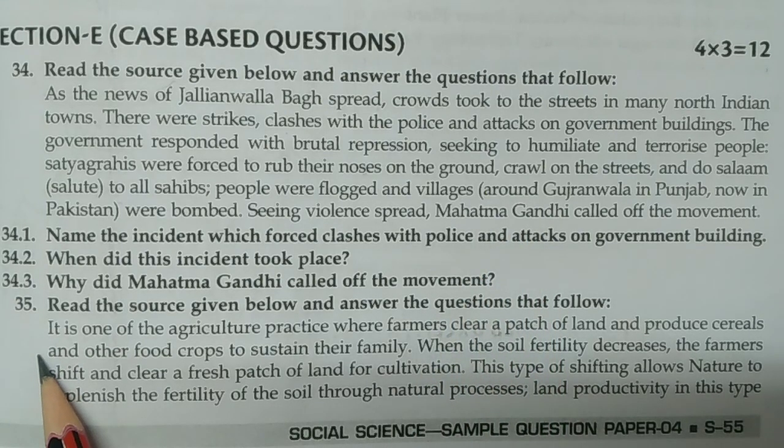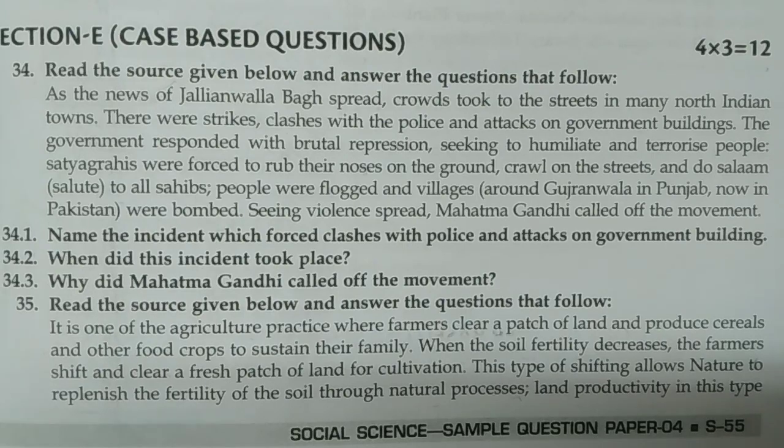So now come to question number 35. It's given here: Read the source given below and answer the questions that follow. Start from here. It is one of the agriculture practices where farmers clear a patch of land and produce cereals and other food crops to sustain their family. When the soil fertility decreases, the farmers shift and clear a fresh patch of land for cultivation. This type of shifting allows nature to replenish the fertility of the soil through natural processes. Land productivity in this type